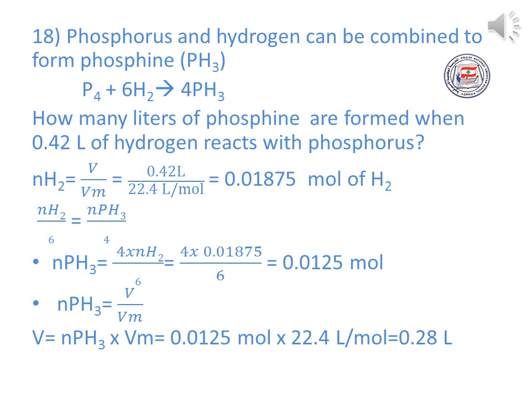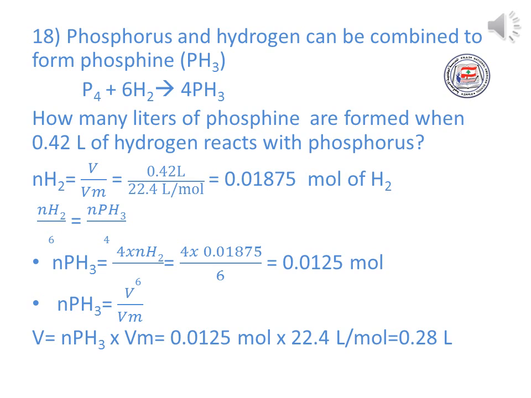Number 18. Phosphorus and hydrogen can be combined to form phosphine, PH3. How many liters of phosphine are formed when 0.42 liters of hydrogen reacts with phosphorus? So step 1, start with a given quantity and convert from volume to moles. So number of moles of hydrogen equal V divided by molar volume equal 0.42 liters divided by 22.4, and the answer is equal to